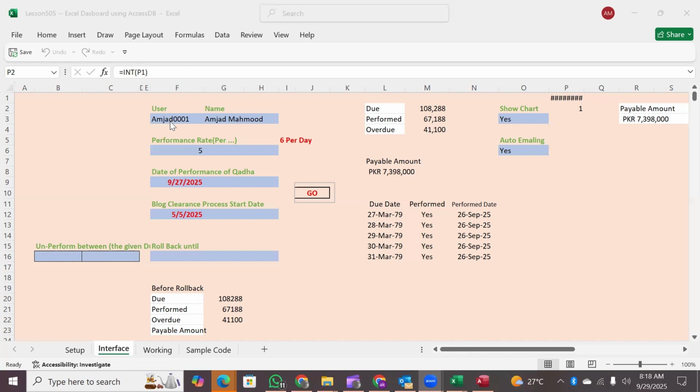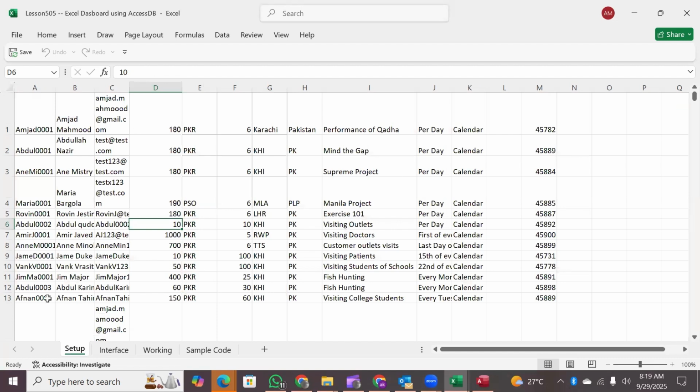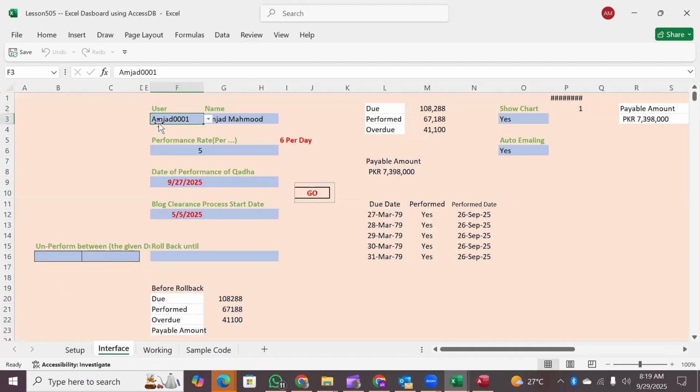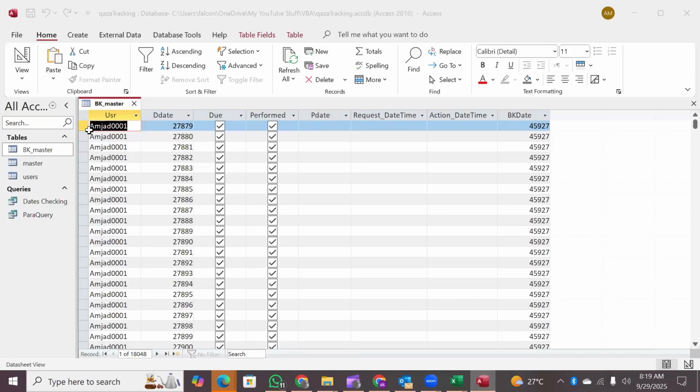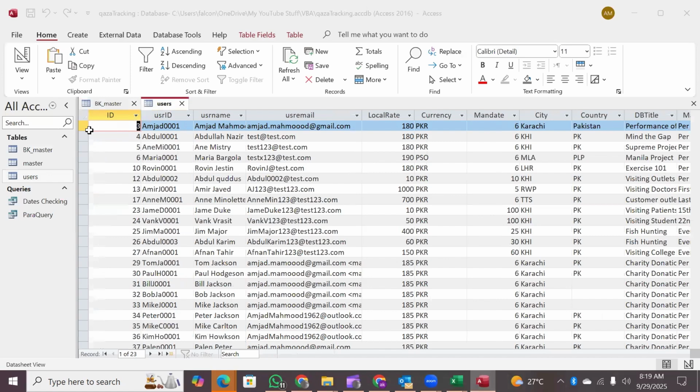And in front of us is a scenario in which we create a database which is being used by multiple users. The user IDs are auto generated, and all the users have been created using the information which a user provides through the email, and then the records are added into our Access table. This is the Access table, one line for one user, and all their information, the email addresses to